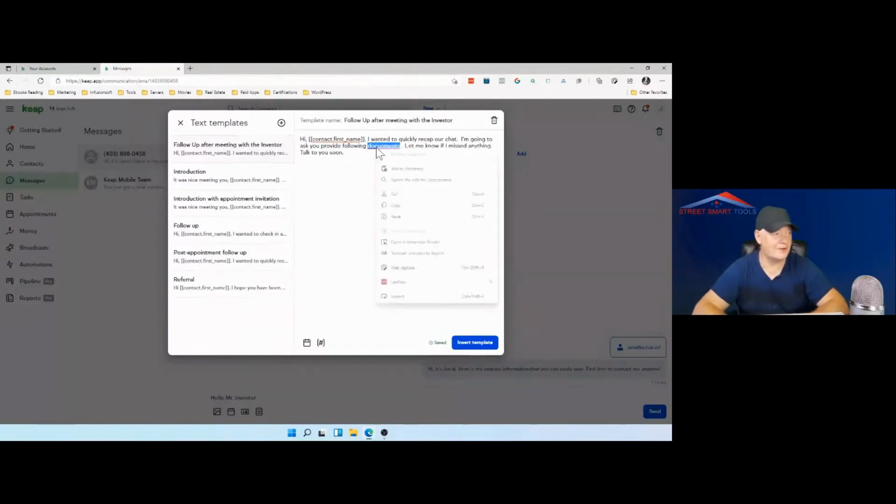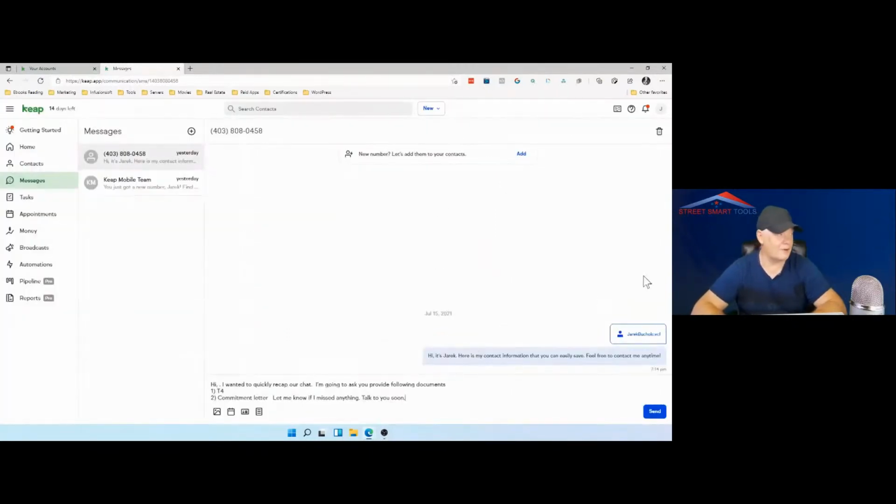However, you can also provide the link where you can upload the documents. Okay, this is a test, so I will just show you the idea. One, T4. Two, commitment letter, etc. Okay, so insert template, and bingo, we have that done already.